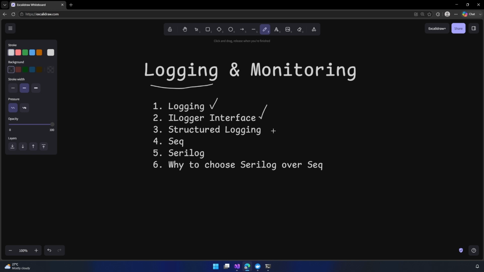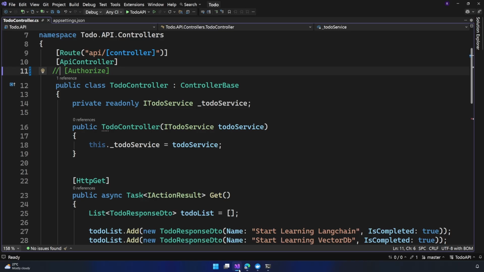Then we'll discuss the concept of structured logging, and we'll discuss two important libraries. One is Seq and then Serilog. And then I'll explain why to choose Serilog over Seq. So let's get started. I'll navigate back to my Visual Studio, and you notice that I already have a to-do